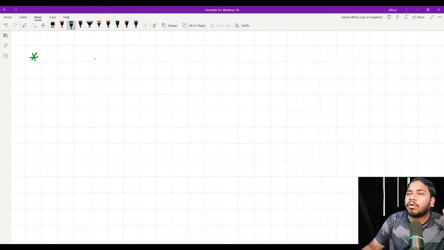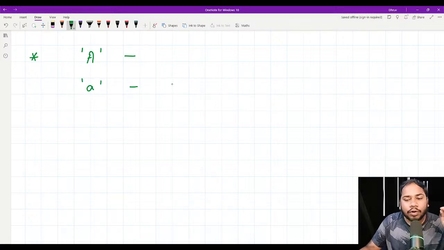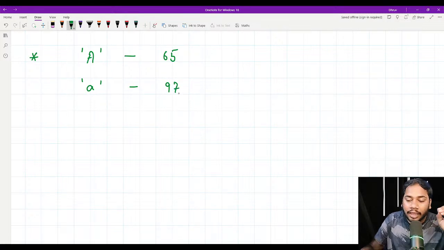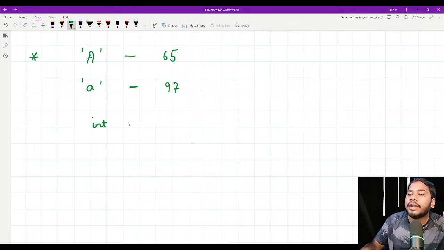Can you explain that with an example? Yeah, why not. For capital A, the ASCII code was 65, and for small a, the ASCII code was 97. And if we do something like int a is equal to,